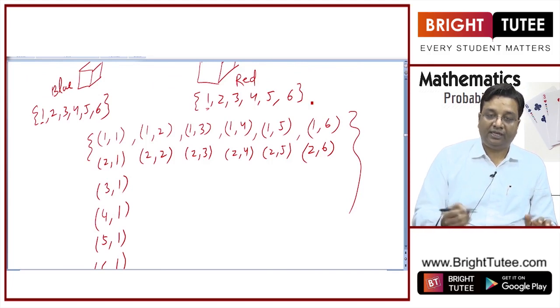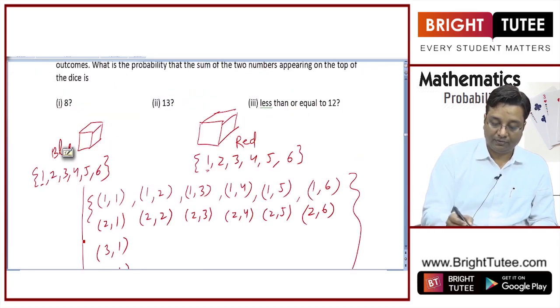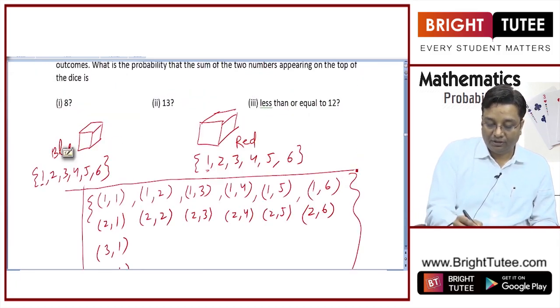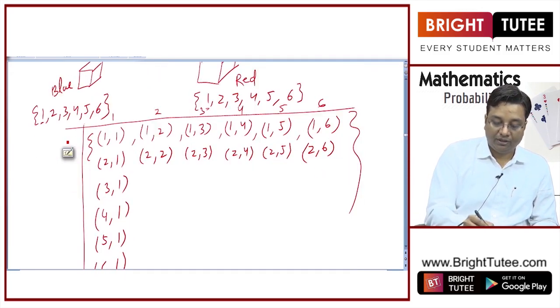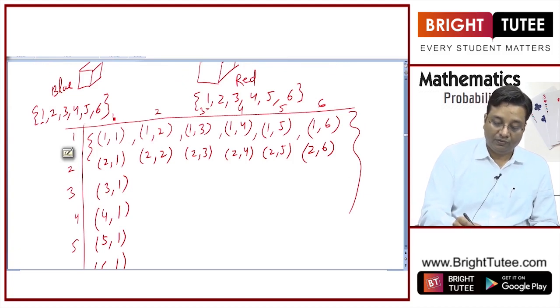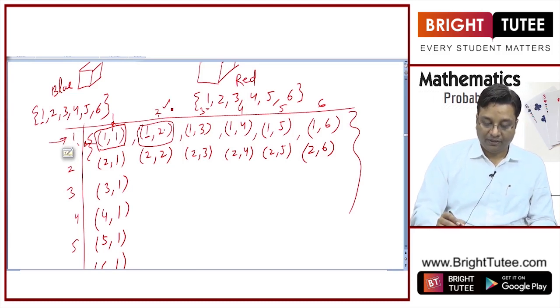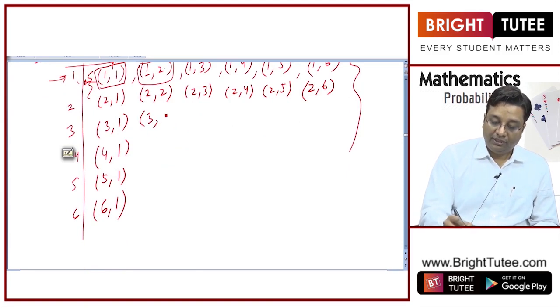Or what you can do is you can make a table also, right, like this. You just write 1, 2, 3, 4, 5, 6 here, and 1, 2, 3, 4, 5, 6 here, right. So, here you will have 1, 1. Here you will have 1, 2. First, this is row, this is column, right. So, this will give you 3, 2,